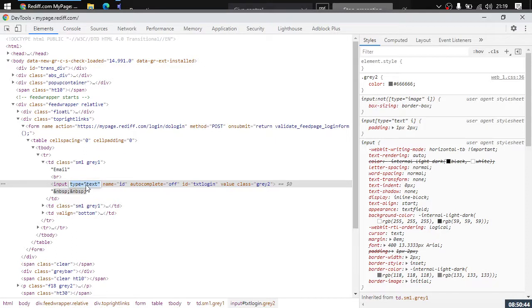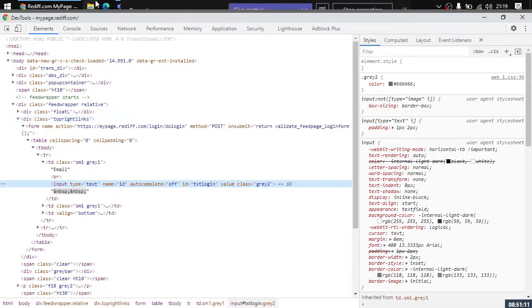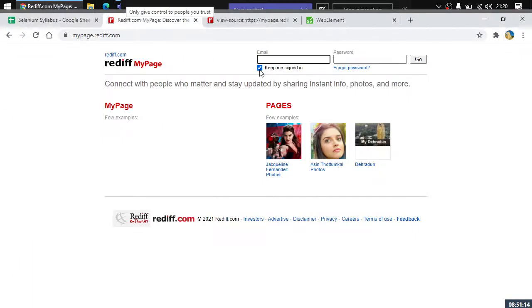The type equals to text. So this is something that you need to specify here. Otherwise, you won't be able to work with it, right? Now here, any other mandatory information that needs to be specified? Yes, but this is one of the most important things that need to be specified so that we can get to know whether it is a text input or something else, right? Now, in the same way, we have something else as well. We have a button and a checkbox. Let us just analyze the checkbox.